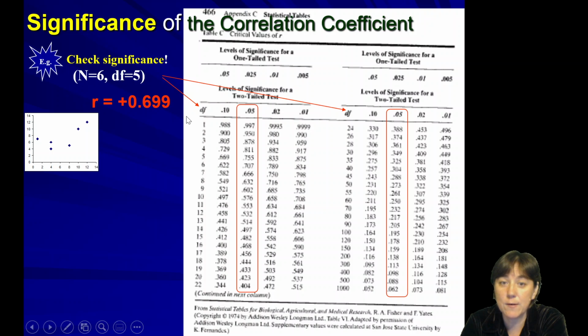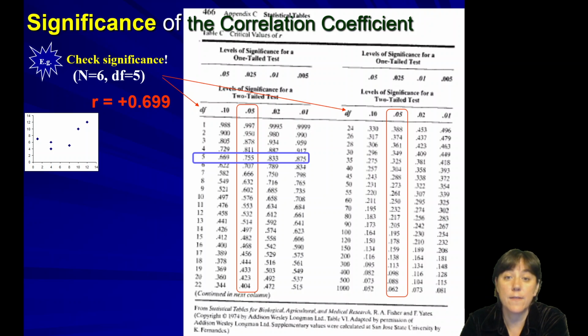The degree of freedom is 5. I simply stay at this vertical line and I say, oh, there's my critical value. So this R has to be larger than 0.755 in order to be significant at this pre-chosen level of significance,